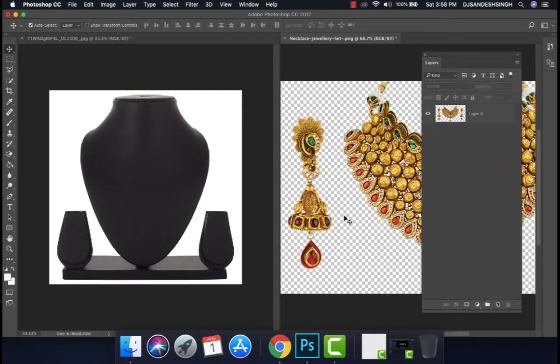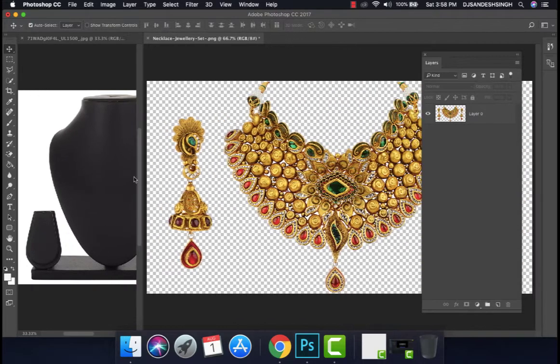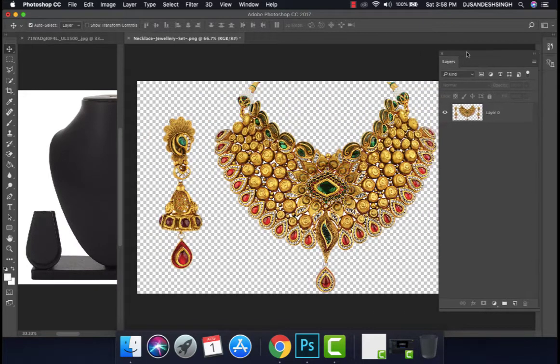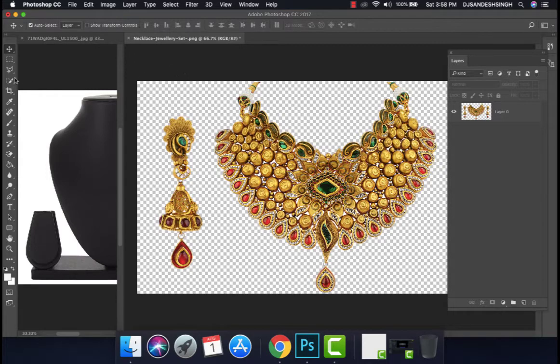Because this jewelry is all in one image, I want each jewelry piece to be placed over there. So I want to select each jewelry and just place it over there. For that we want the Quick Selection tool, and the mode should be Add. Now we have to make a selection. Just click and drag, but before that select the layer, then drag to make a selection. Because the whole jewelry image is in one image, we want separate jewelry pieces, so we make a selection and then place it over there.